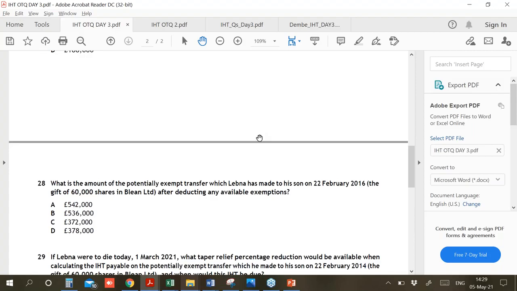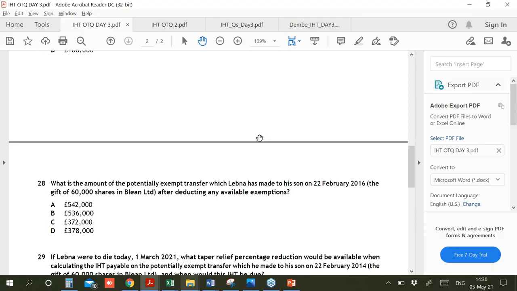For example, shares in a company. If you are an owner of 80% of the company, which means if you have a holding of 80% or more, your share might be of a different value. If I have a holding of 30% or less, I might have a per share value different than yours. So what happens is, if HMRC says that the asset that has transferred is of such nature that its values vary at different levels,